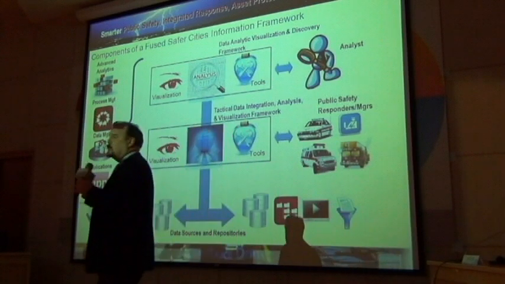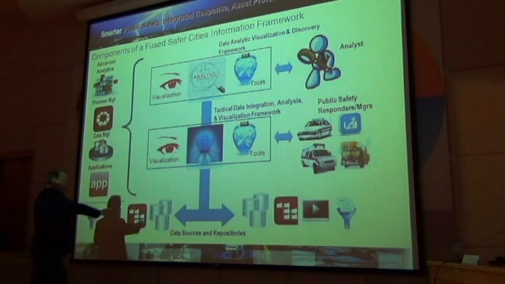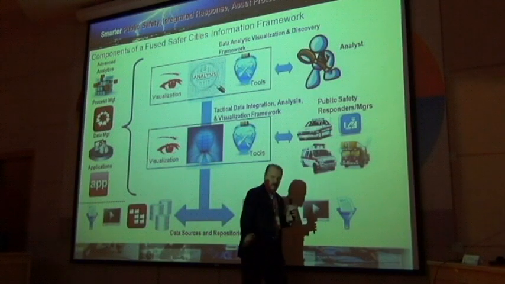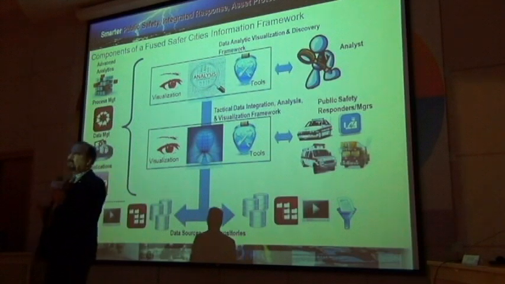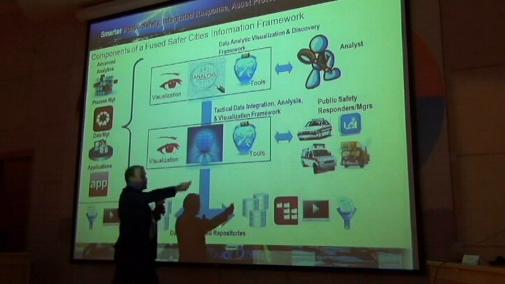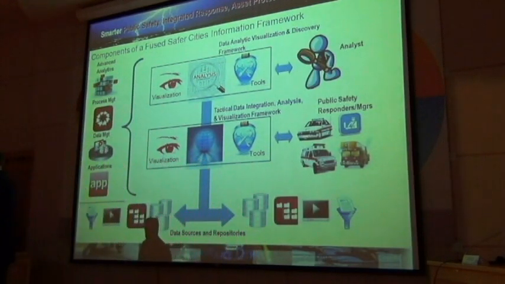So the overall architecture that we're talking about in terms of solution space, and I'm not saying IBM, is I have a lot of information on the bottom. I have databases. I have file systems. I have video. I have all kinds of paper documents and other types of artifacts of information. All that kind of different information has to get to not only my public safety responders, but then has to get to the analysts and back to the public safety responders. That's really what Smarter Cities is all about.